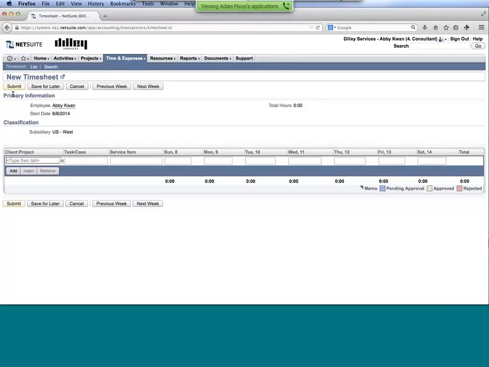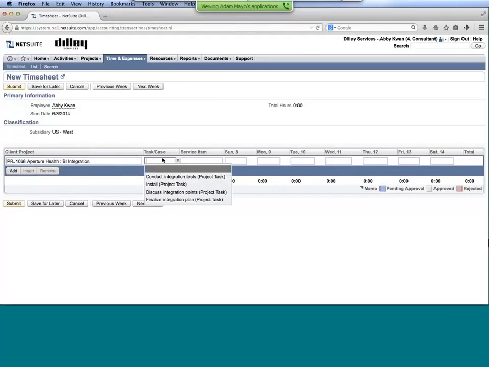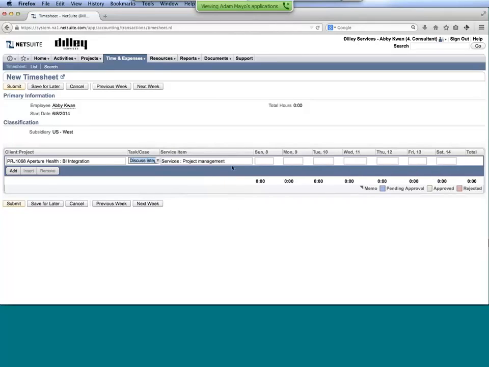On this particular timesheet, again, we have a nice little contained timesheet week where I'm going to go in and start working or entering time against projects. So from here, I can key in the name of the client, the name of the project, and it's going to find it in the list for me. So I'll select that from here. I'll now navigate or toggle over to my task list, and I'll be able to pick the particular task that we want to start tracking time against. That might be tied to a service, which could control my billing value, and again, we'll talk more about that in just a little bit.